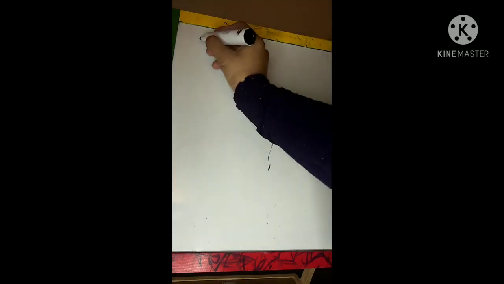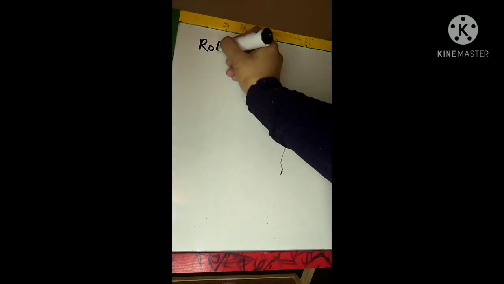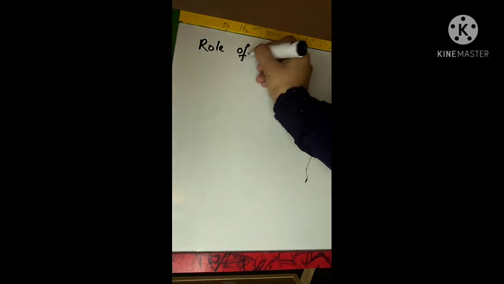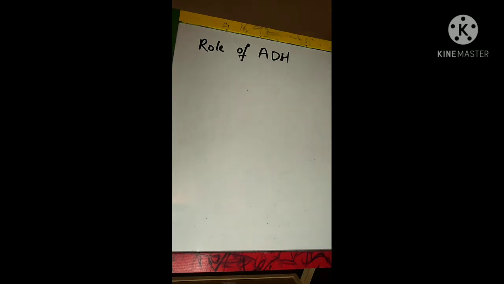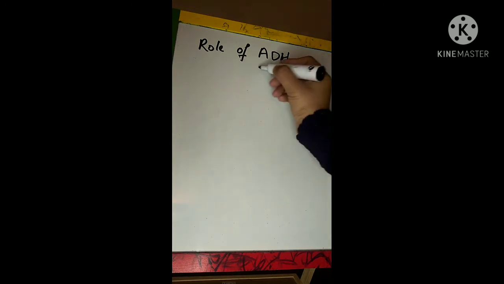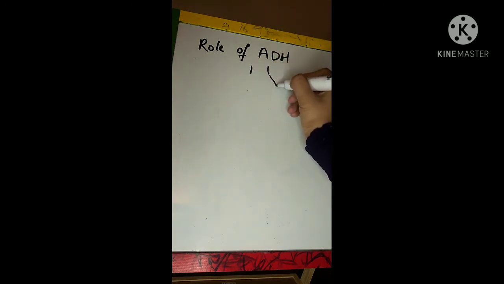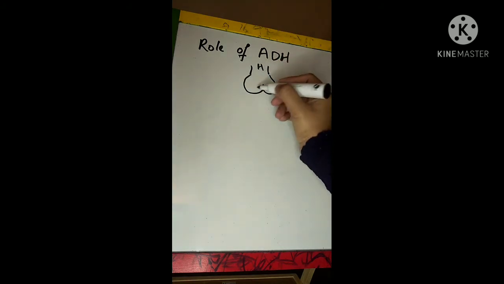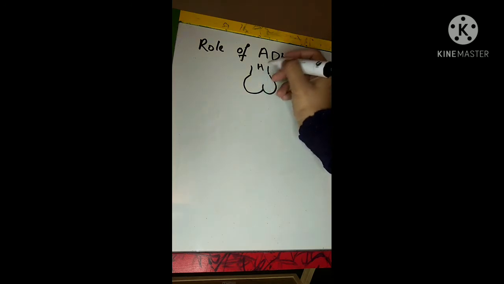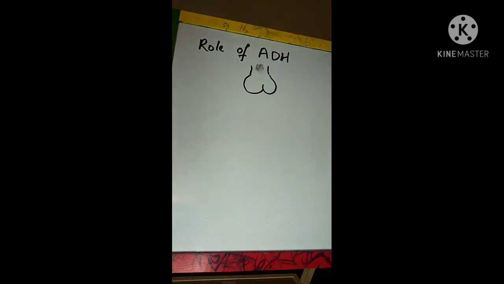Now we will talk about the role of ADH, that is the antidiuretic hormone. In my previous video, in which we discussed the hypothalamic hypophyseal portal system and hypothalamic hypophyseal portal tract, I told you in detail how ADH is released from the posterior pituitary. I'll just quickly recap that